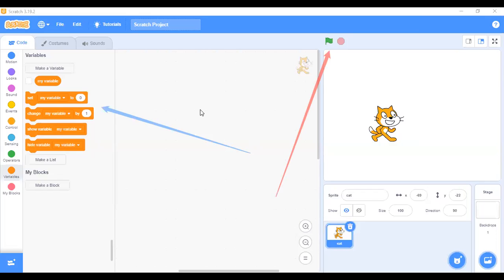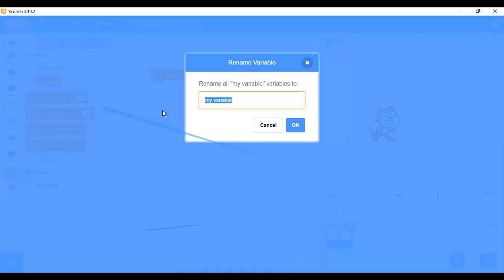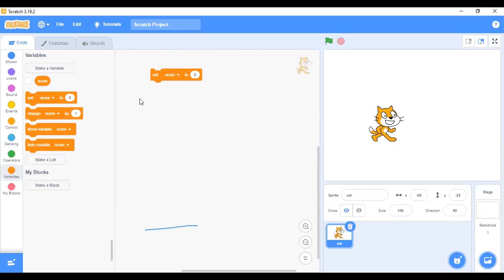So pay attention to what I'm explaining, the variable aspect again. Variables are unknown values that you don't know. If I set my variable to 0 here, what do you understand by the word variable? Does it make any sense to you? Until I actually change the variable to something that you understand, you may not know. Okay, now let me do something. Rename variable. Let me change it to score. There's nothing like variable again. You already now know what that variable represents here. Now the variable is representing a score.